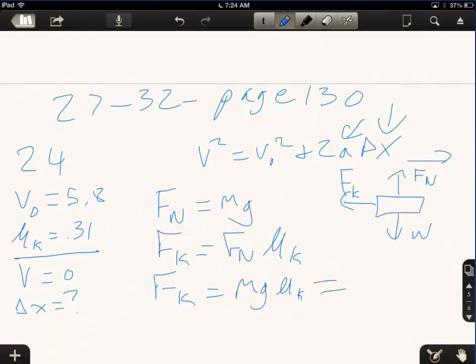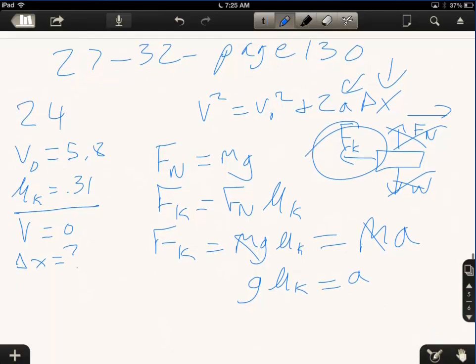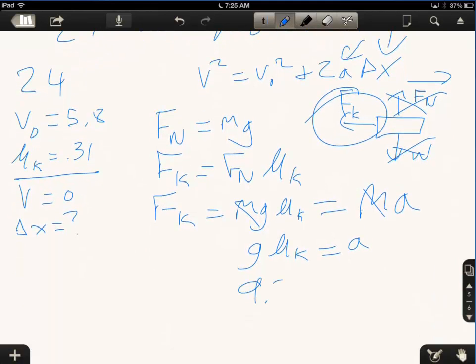But Newton's second law says net force equals mass times acceleration, and since this force and this force cancel, the net force is Fk, so I can say this equals ma. Mass is on both sides, I can cancel that, and I get g times the coefficient of kinetic friction equals the acceleration of the block. So I've got 9.8 times 0.31 equals a, and if I just do that calculation real quick,